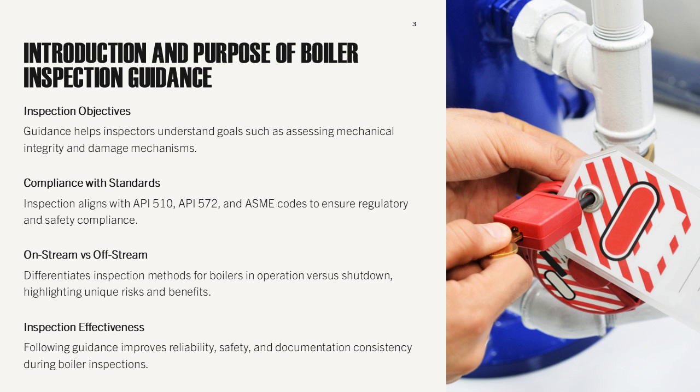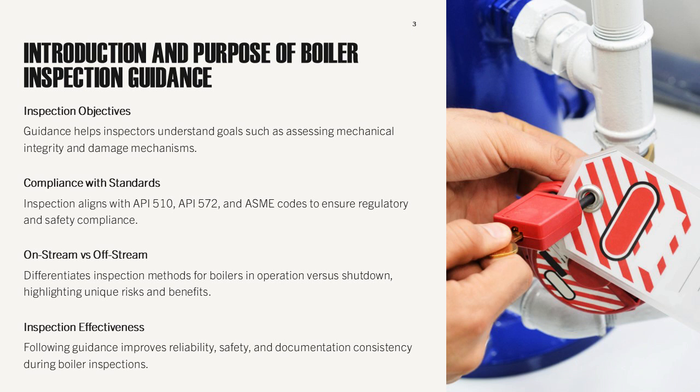The presentation is intended to support inspectors in understanding inspection objectives, identifying damage mechanisms, selecting appropriate inspection techniques, and documenting findings in a consistent and technically sound manner. Emphasis is placed on differentiating between inspections conducted while the boiler remains in operation, on-stream, and those conducted during shutdowns, off-stream, as each approach has unique limitations, risks, and benefits. By following this guidance, inspectors can improve inspection effectiveness, ensure regulatory compliance, and support safe and reliable boiler operation throughout